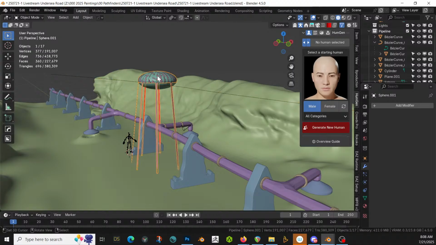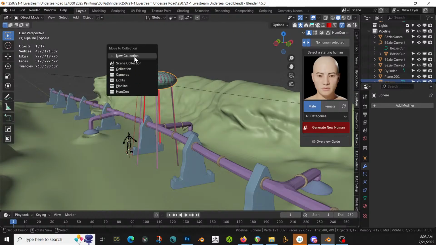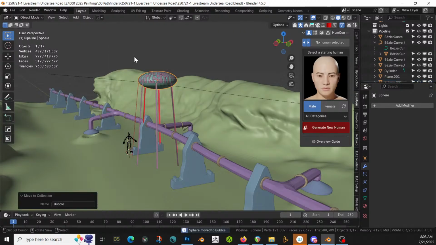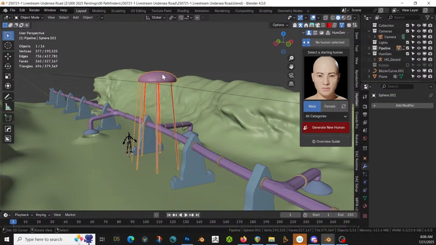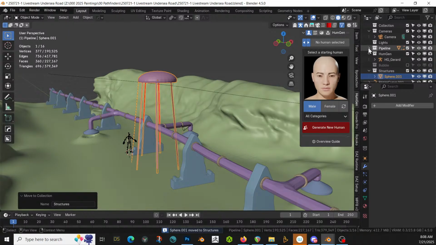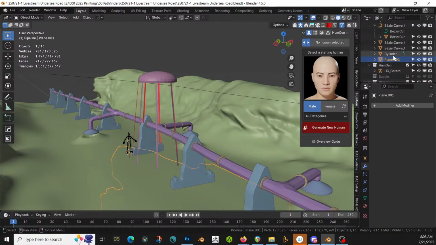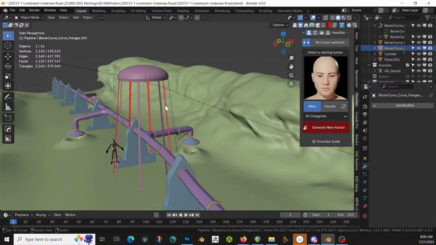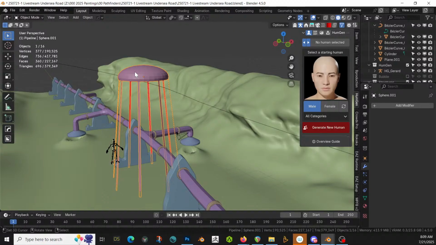Now, I'm just going to move our bubble to bubble. Get rid of it. And this to structures. That's fine. That's fine. Cool. All the rest, that's good. Good deal. So then